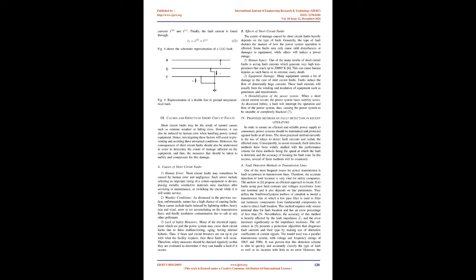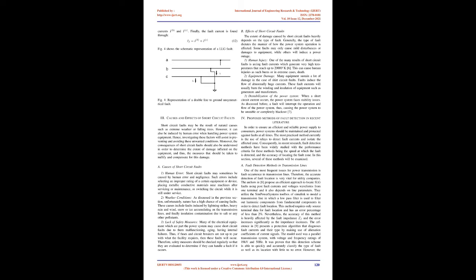They utilize the SimPowerSystems toolbox of Simulink to model a transmission line in which a low-pass filter is used to filter out harmonic components from fundamental components in order to detect fault location. This method requires only source terminal data for fault location and has an error percentage of less than 2%. Nevertheless, the accuracy of this method is heavily affected by the fault impedance ZF, and the error increases significantly as